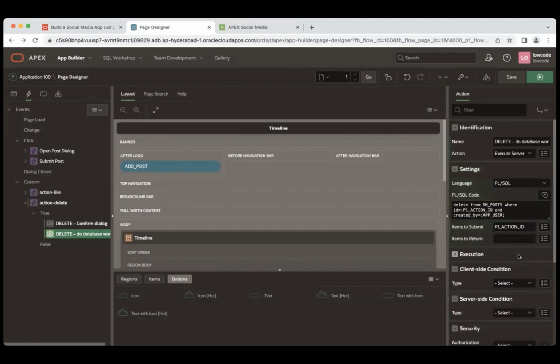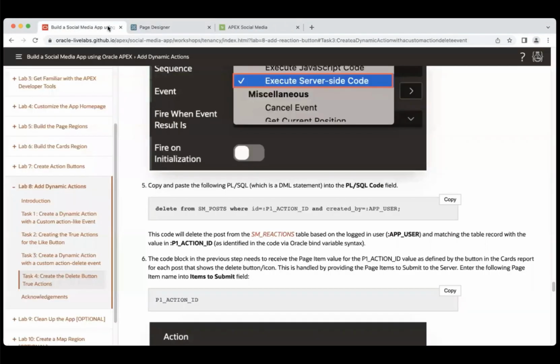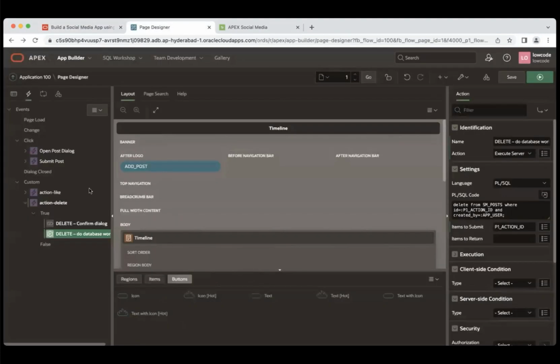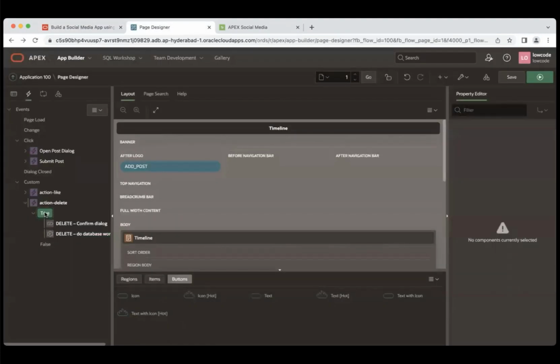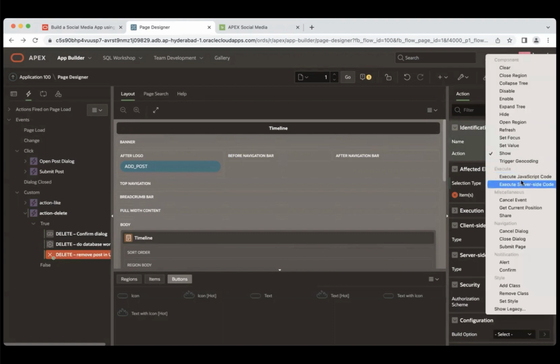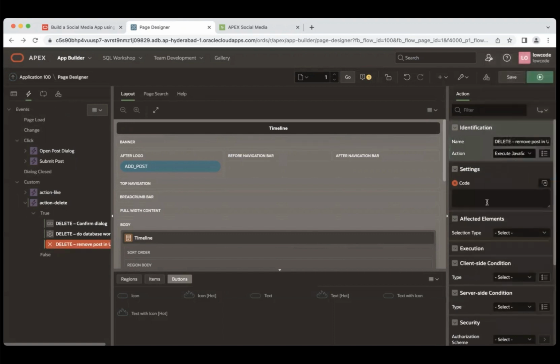Okay. Then we need to create one more true action. So let's scroll down. And if you see, finally, after the row is deleted, we want to remove the post from the timeline UI. Copy the name as is, and then let's go to page designer, go to true, right click and click create true action, enter a name for this, and then